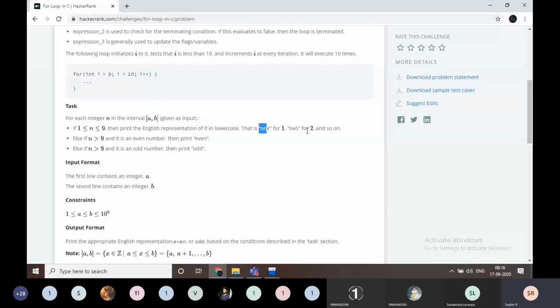The same as the previous question. But if n is greater than 9, we print even if the number is even. For example, n is 10. 10 is greater than 9 but it is an even number, so we print even. 11 is greater than 9 but it is an odd number, so we print odd. If the number is less than 9, we print it as English words.